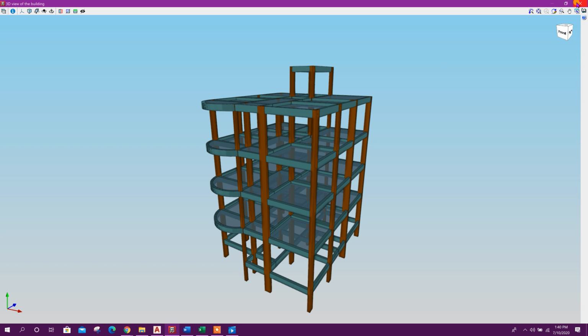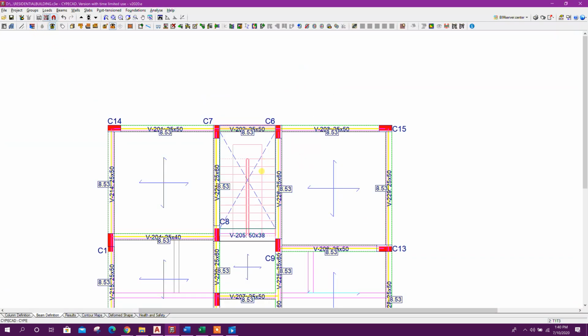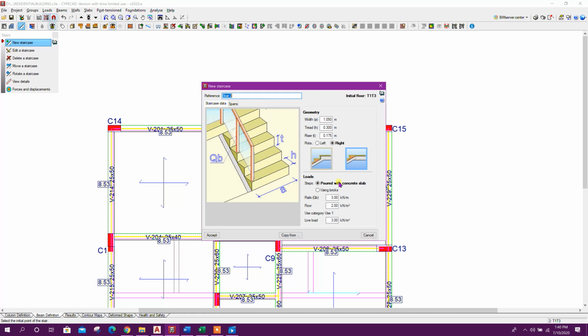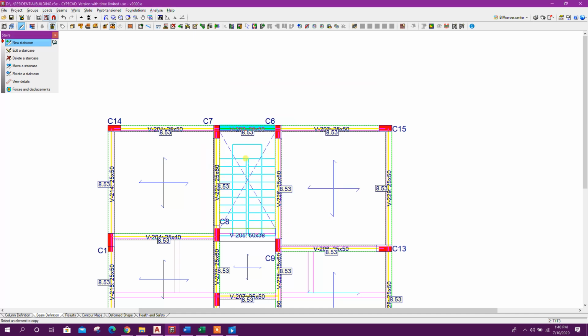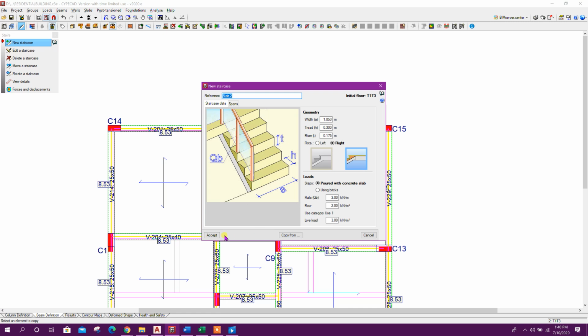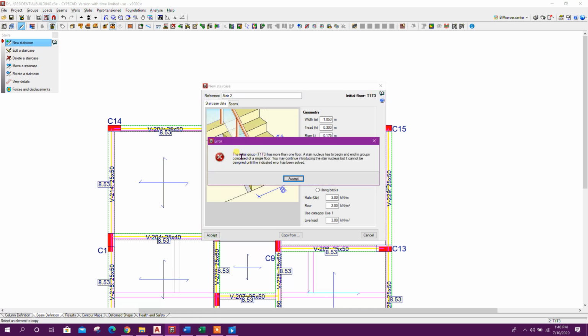Here not generated because we need to break our group. Here another stair, if we draw stair 2, copy from this one, same properties, except here you can see the initial group typical floor T1 T3 has more than one floor. So in this group there is 3 floor, that's why the stair cannot find out the single floor to finish its flight, so it will give the error. So now